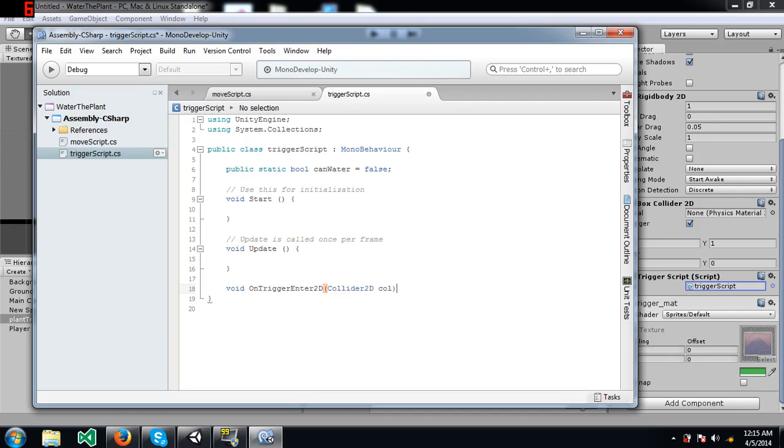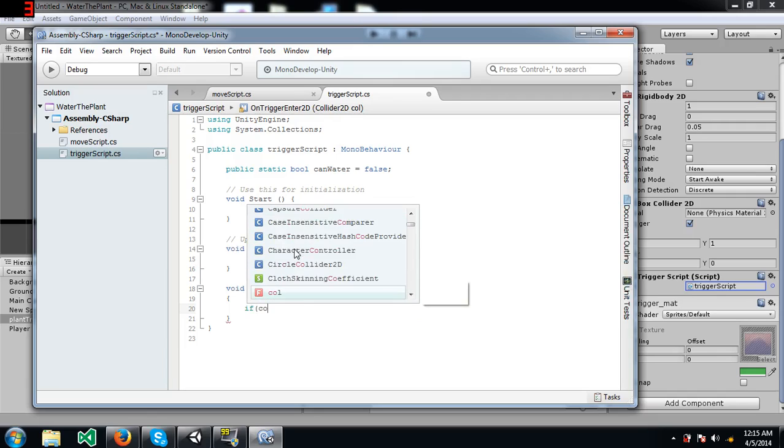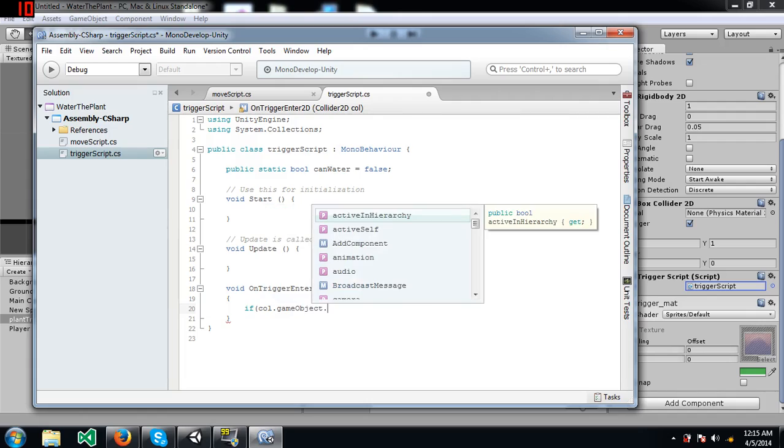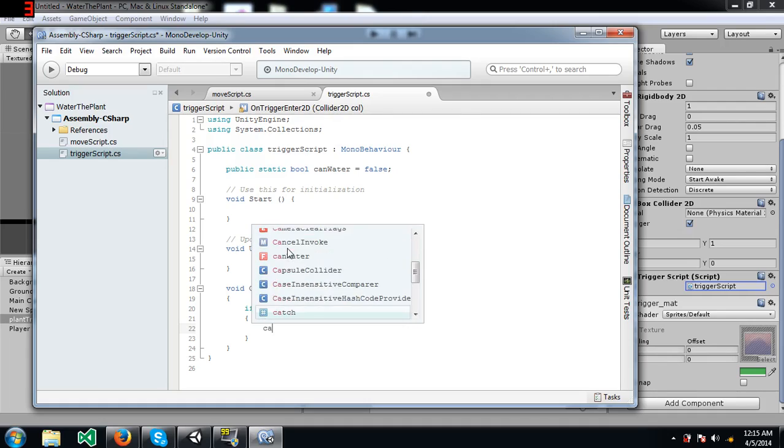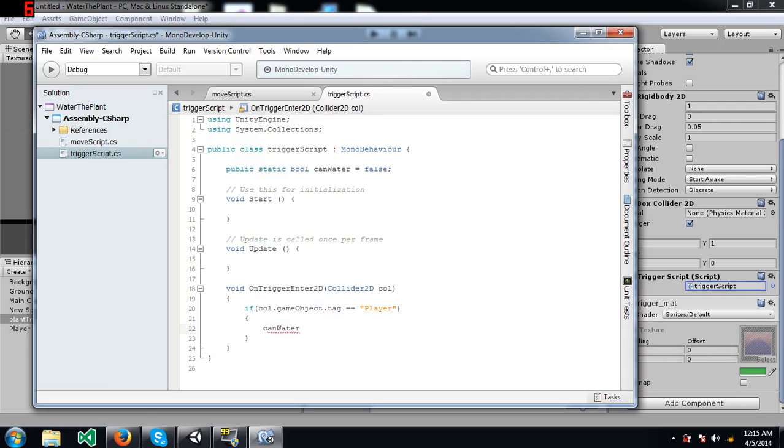Now I'm creating the OnTriggerEnter2D event. So when this is called, our script will check if col.gameObject.tag is equal to Player or not. This means that our player object has entered the trigger or has triggered this event. So if that is the case, then that also means that our player is close enough to the plant that he can water the plant. So I'm going to set canWater to true,